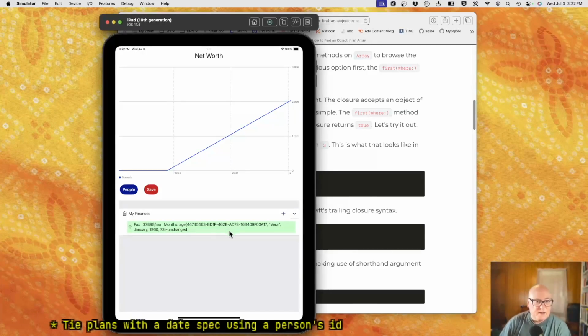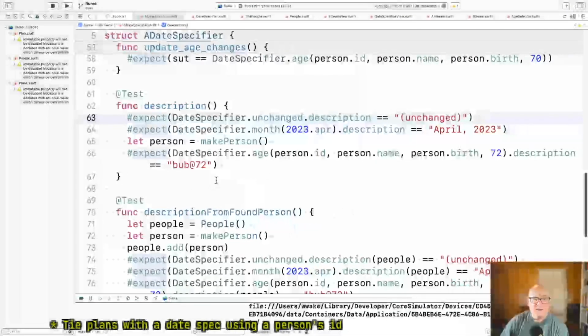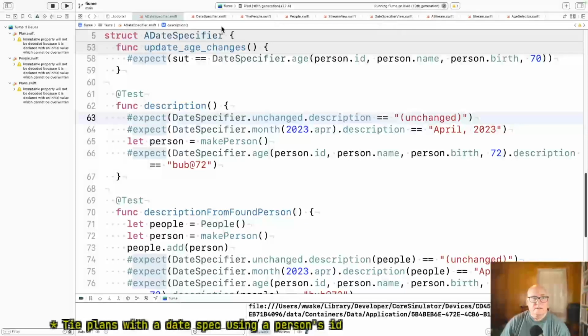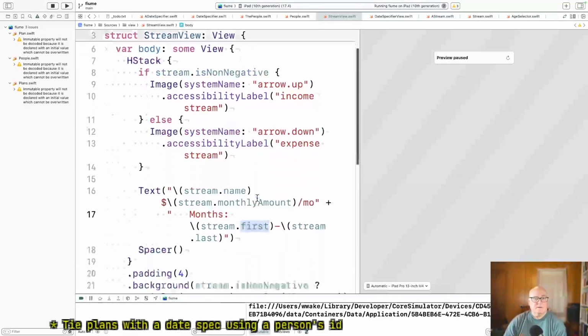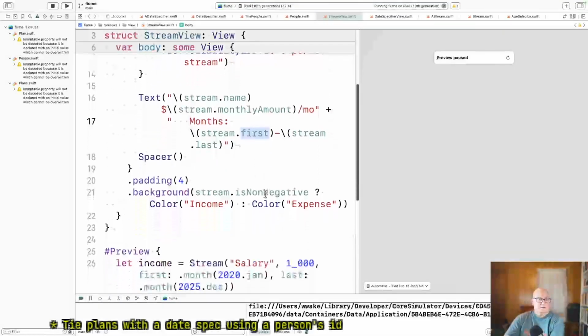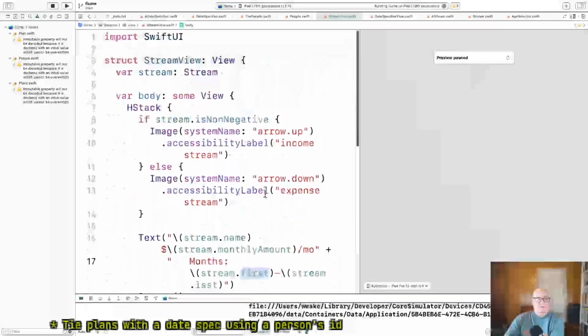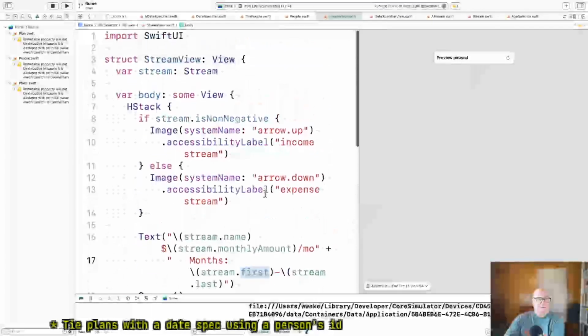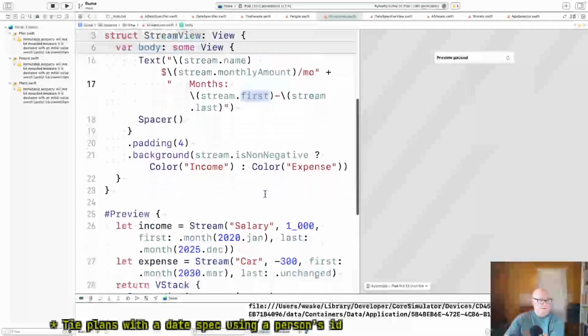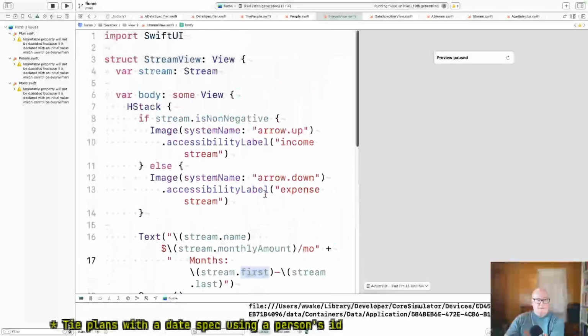And this is why. All right, so month's age. That's, what is that? Income stream spec view? Oh, well, we have to get people in there to do that.